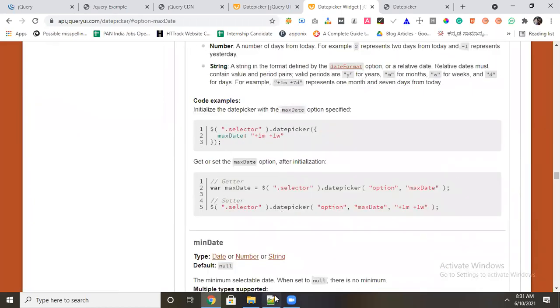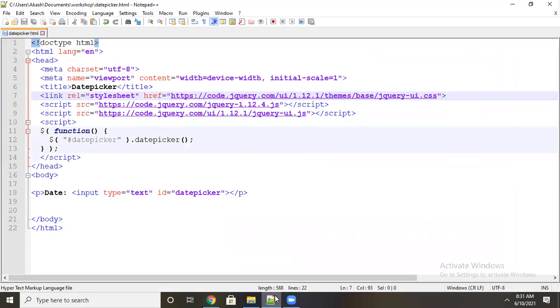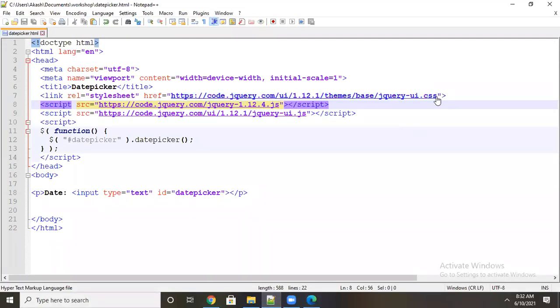Okay, before coming here, I will explain to you what the code is. Completely it is working based on your jQuery library. You can see again they used the jQuery library, and two more libraries they used. One is the jQuery UI library and the jQuery UI CSS library. The jQuery CSS library they use for design purposes, and the jQuery UI JS they used for functionality purposes. And why are they using the jQuery library? Because jQuery UI again uses jQuery functions. That is one of the reasons.